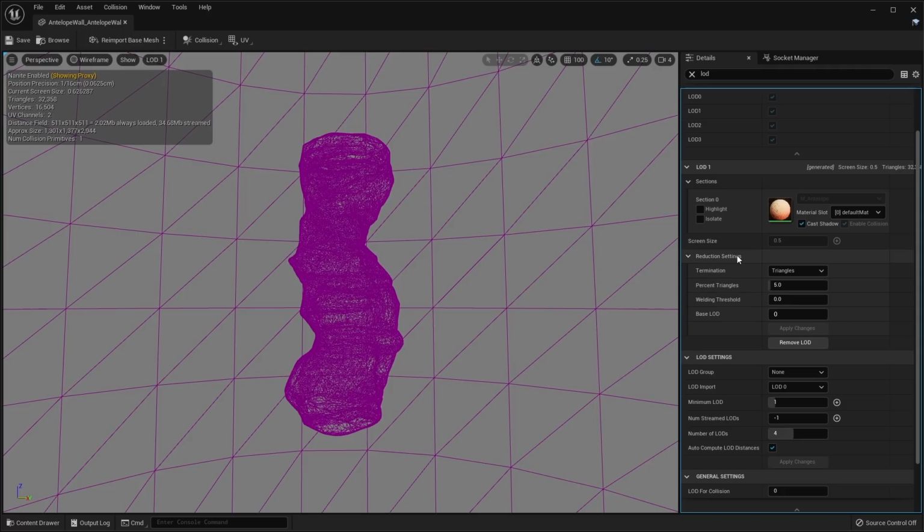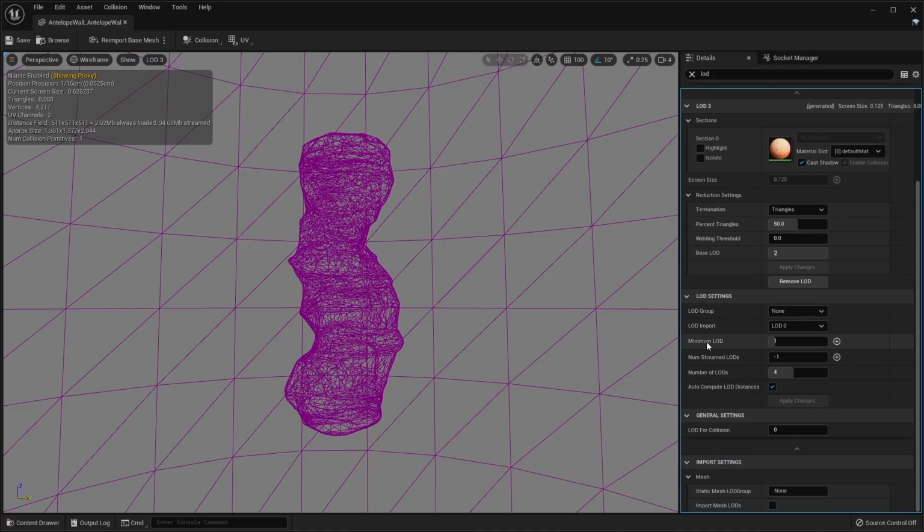And if we go to our LOD settings, you can see our reduction settings. We have percent triangles set to 5%. So this is 5% of the original Nanite mesh. And then if we go to LOD 2, we're setting this to 50% of base LOD 1. And if we go to LOD 3, that's set to 50% of base LOD 2. So for this mesh, I'm just using the base LOD tools that exist inside the engine. But you can also import your own LODs to use instead.